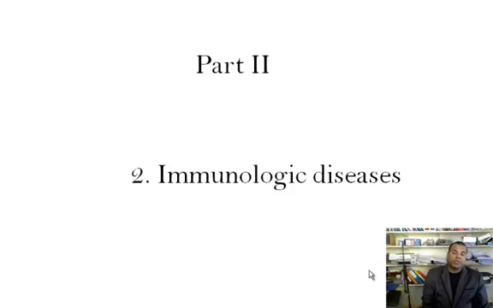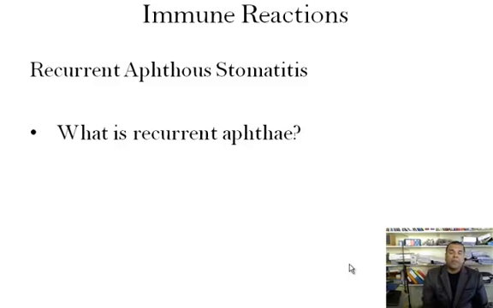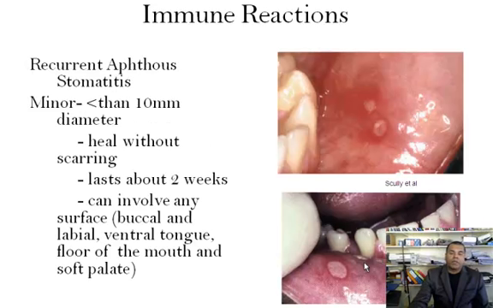Now we turn to part 2 of this discussion on immunological diseases. This is type 4, or delayed type hypersensitivity. If we talk about recurrent aphthous stomatitis, again this condition will be covered in another lecture in the series. But what is recurrent aphthous stomatitis? It is the minor form which is quite easily diagnosed clinically,